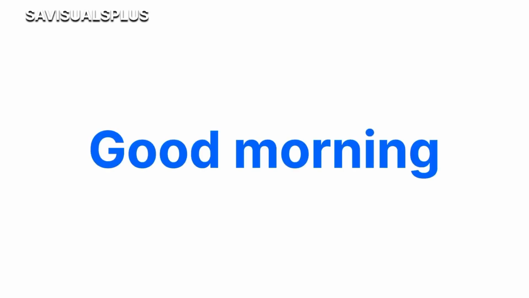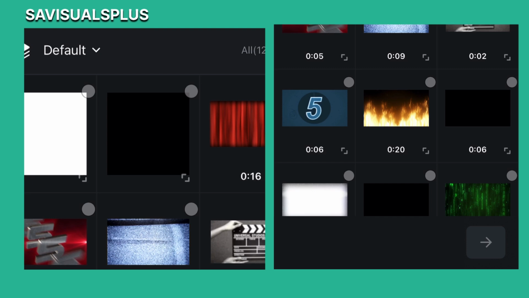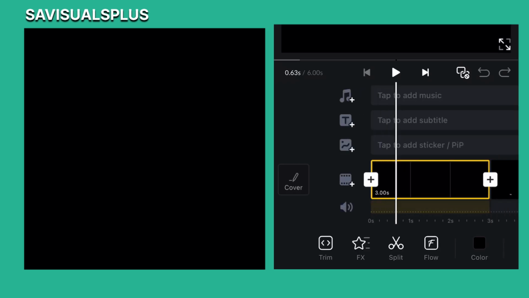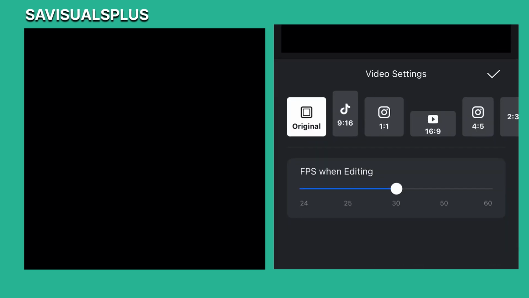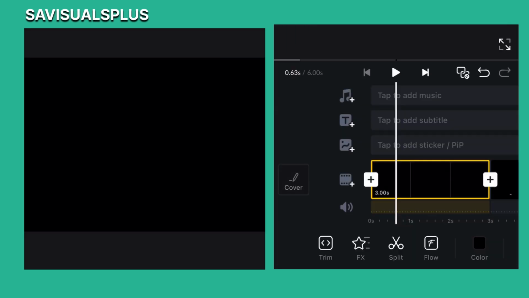So this is the RGB text effect, and it is very easy to actually create using just your smartphone. So the very first step is to import a plain background just like this. Let's import a black one for the purpose of illustration. You allow it to load as usual. All right, now after this you need to change the aspect ratio to YouTube format since you are creating